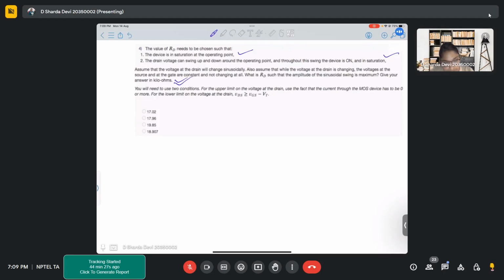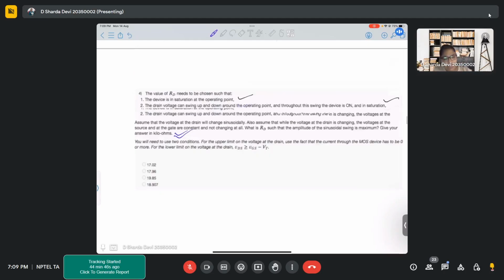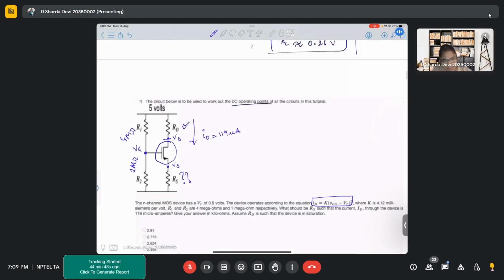You will need to use two conditions. For the upper limit on the drain voltage, use the fact that the current through the MOSFET has to be 0 or more. For the lower limit, the drain voltage VD should be greater than or equal to VGS minus VT. So we have to consider the same circuit. So let's quickly